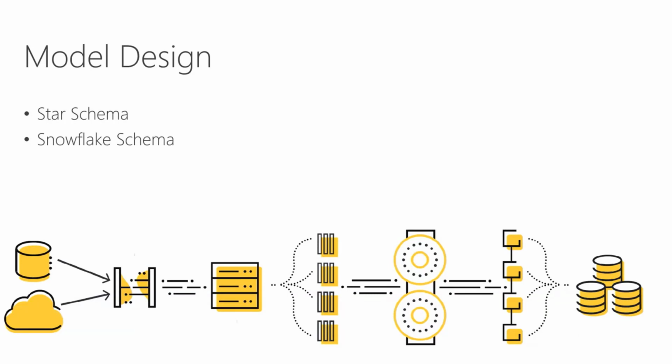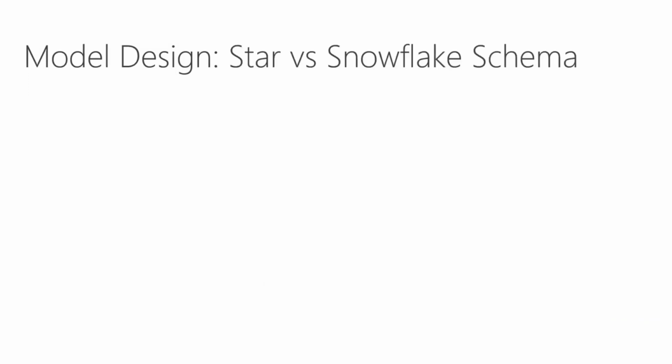Snowflake schema is like an extension of a star schema. The same concept applies. The only thing is that the dimensions will have other dimensions that refer to that specific dimension. So in other words, normalization will be carried out to the lowest level with snowflake schema and will not be carried out to the lowest level with star schema. You will get what this is all about from the visualization in the next slide.